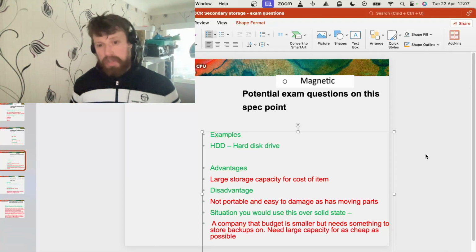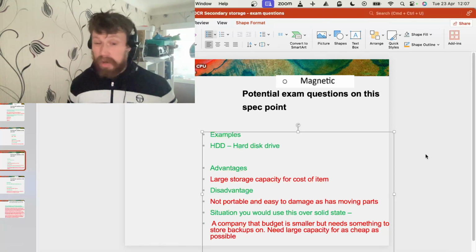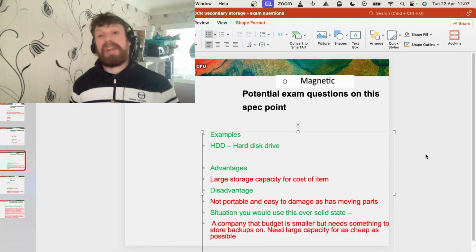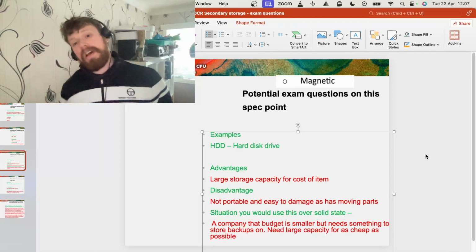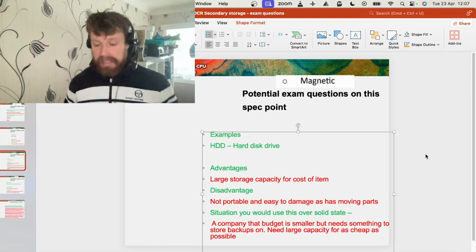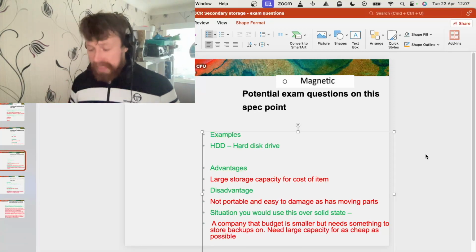The only situation that I can think that you would use a magnetic over solid state, because solid state is kind of whatever is used for all of them. Optical I probably would use for no situation, and I have seen no question ever come up that you would suggest optical over these. Let's say the scenario is a company that has a smaller budget but needs something to